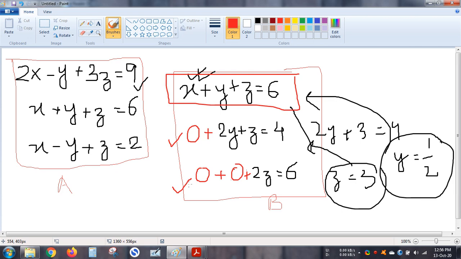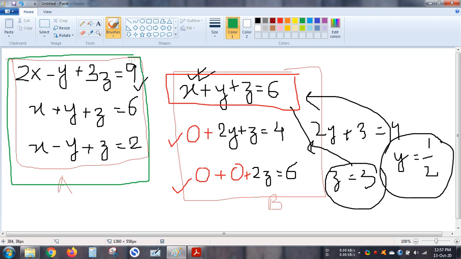So what is the objective of your Gauss elimination method? In the Gauss elimination method, you will be given an equation of this particular form. And your target will be to convert this to this. Means you need to make it 0, you need to make it 0, you need to make it 0. So this is your target. From this set of equations, I want to make this 0, this 0, this 0. If I can do so, then I can easily calculate z. Then I can calculate your y. If I calculate z and y, I can easily calculate my x. Isn't it? So let's see how to do so.